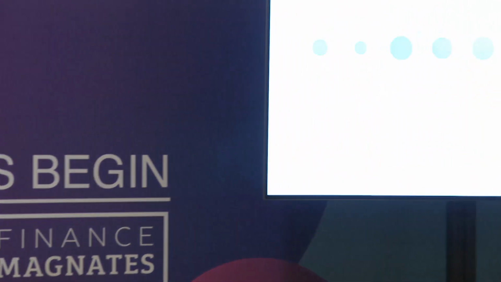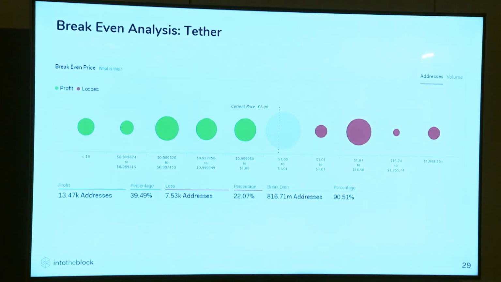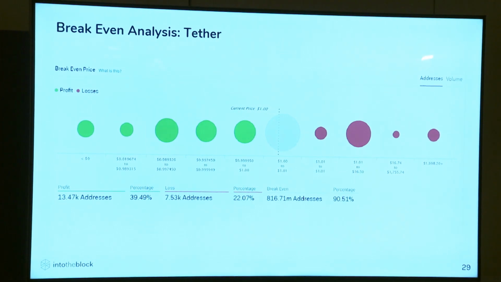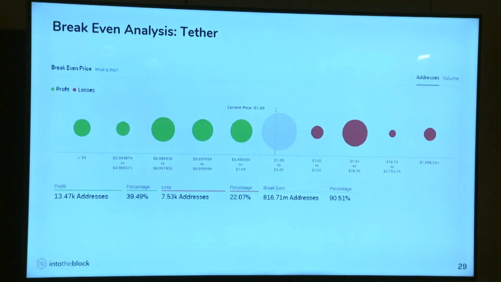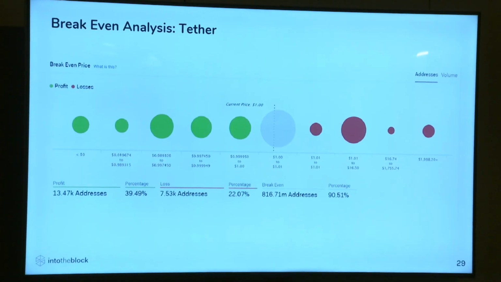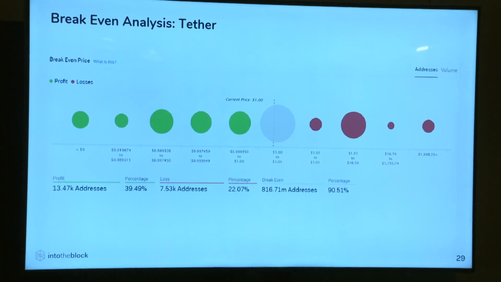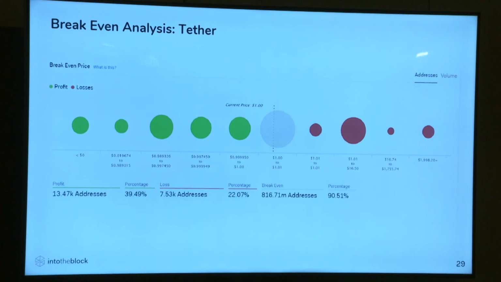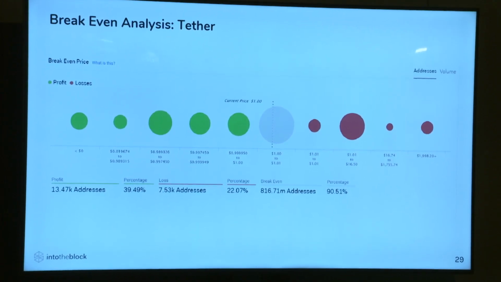This is what we call break-even analysis. It's similar, but we look at realized gains, and we tell you where the price needs to go for people to break even. Because if you already made money, it doesn't matter if the price goes up or down or sideways, you're not going to trade. But if you're under and you haven't realized gains, and the price is approaching your break-even point, you become a seller. So there are people, the price of Ether has to go to 1.9K for some of those guys to recoup their investments.